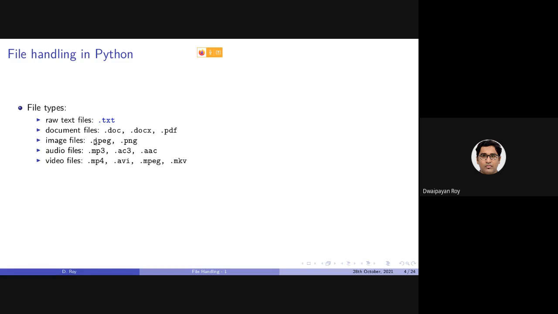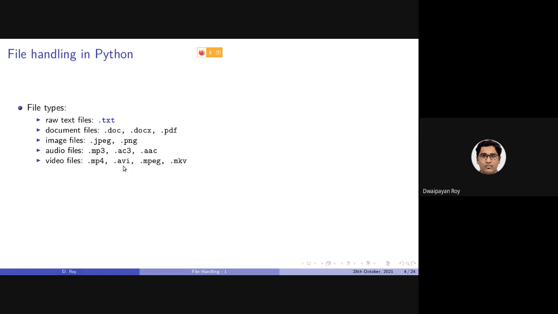Image files having the extension JPEG, PNG, GIF, etc. Audio files having extensions MP3, AAC, and so on. And video files having various types of extensions such as MP4, MKV, MPEG, AVI, and so on.